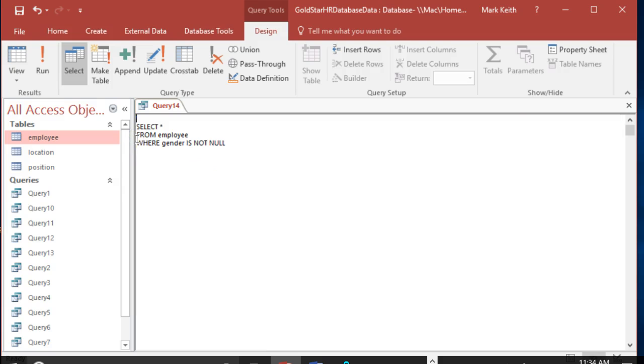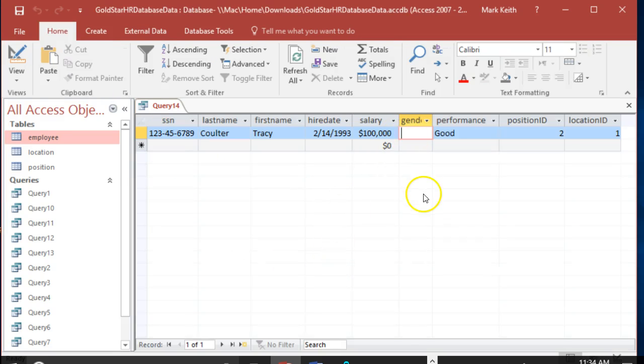We'll say we're gender, and we want those where actually, not where it's not null, but where gender is null, meaning that it hasn't been entered. So run that. Looks like we just have one person where gender is null. Now